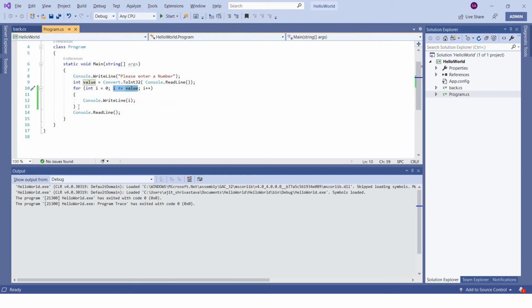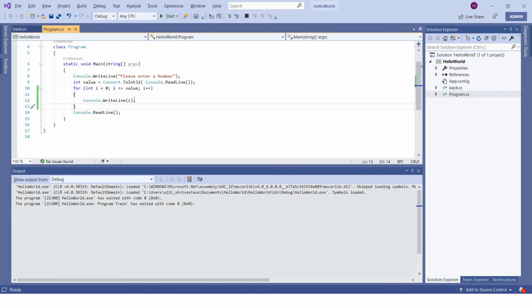Again it will come to the increment section and the value becomes 2. After incrementing, it will check 2 is lesser than equal to 5, true, and it will execute that.